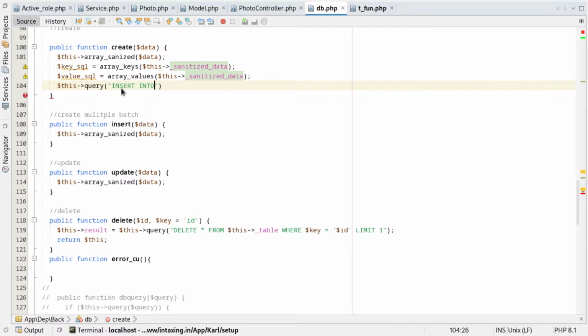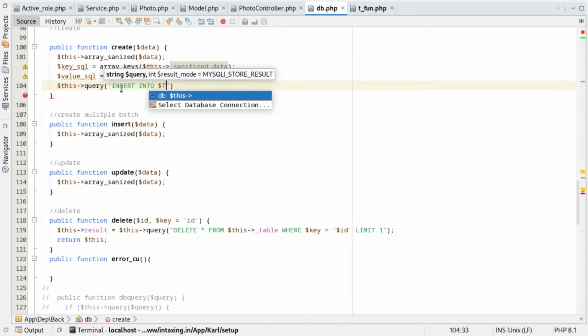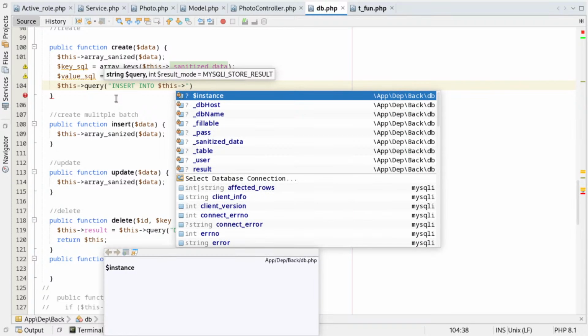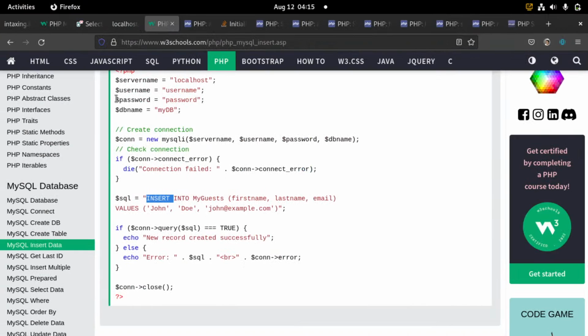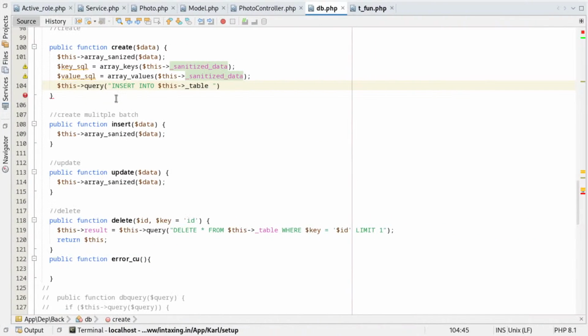Insert into... where's the table name? Table, and